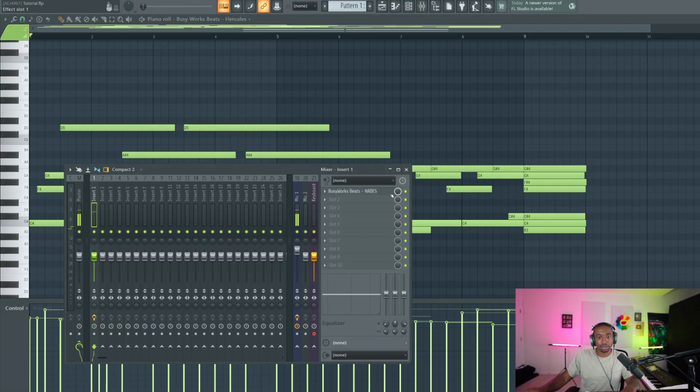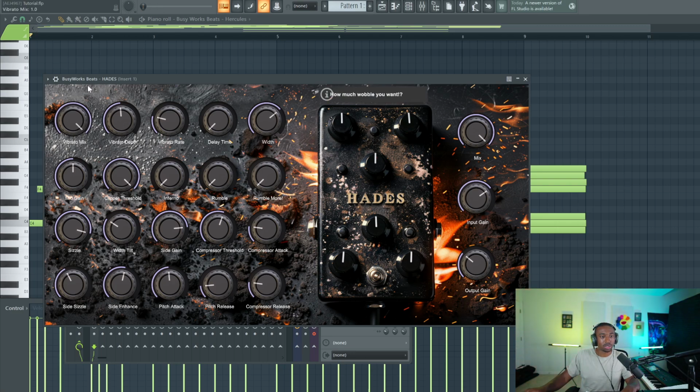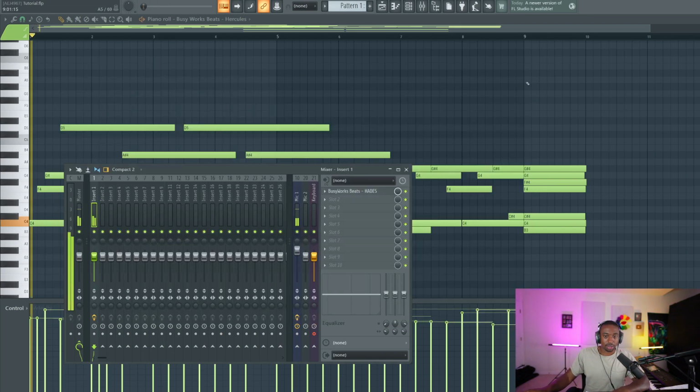Let's pull back again some of these effects. But again, I'm just showing you guys the thought process. It's not about, you know, using 1,000 plugins.